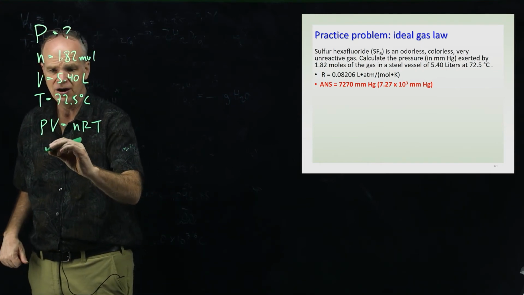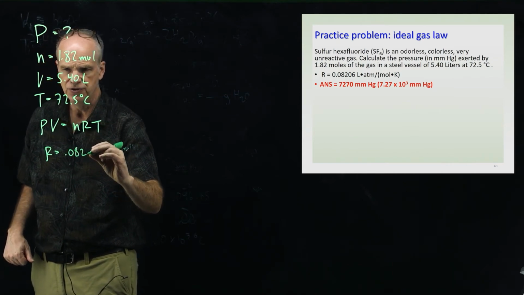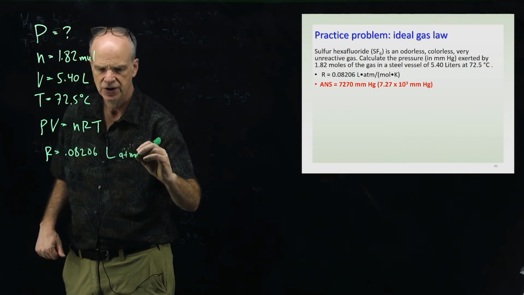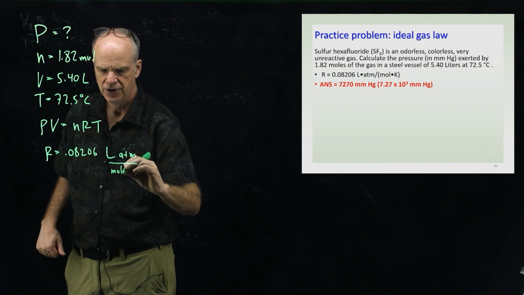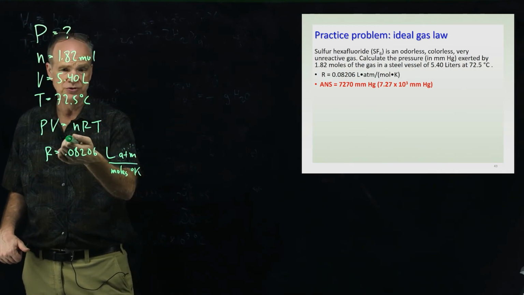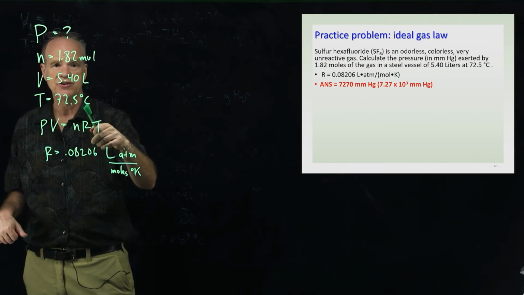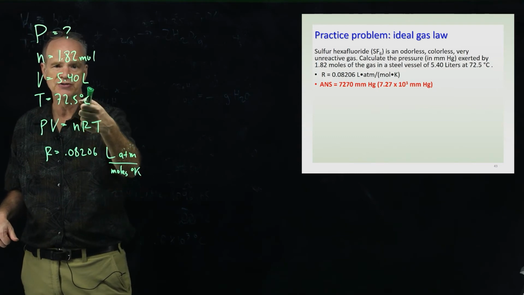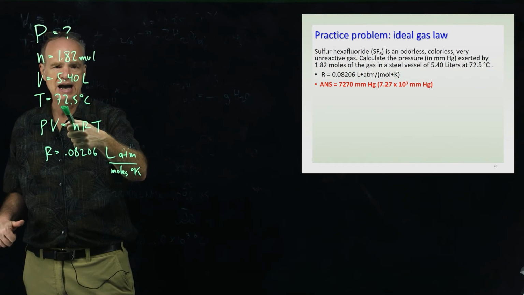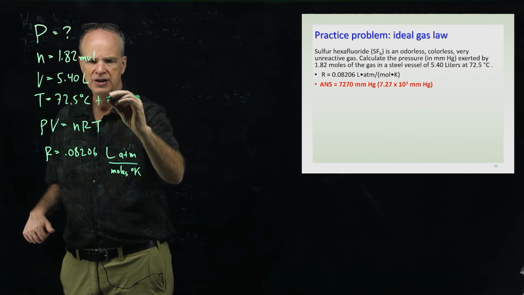And so R, let's just write this out, it's 0.08206, and the units are liters atmospheres over moles degrees Kelvin. To use this formula we have to make sure that we have all these properties in the correct units. Volume is in liters, which is good. We have an amount of gas in moles. We will have to convert this temperature into Kelvin, so it's going to be plus